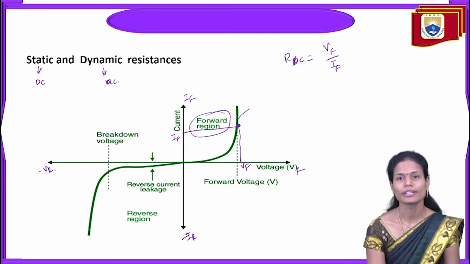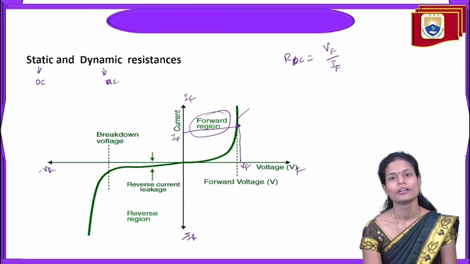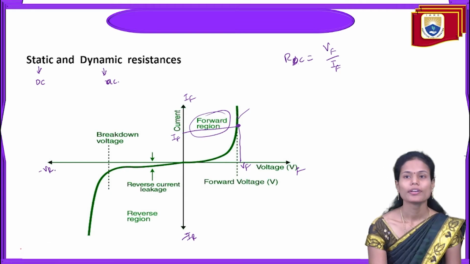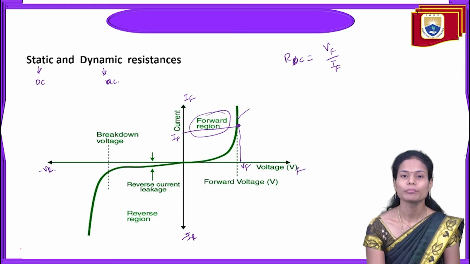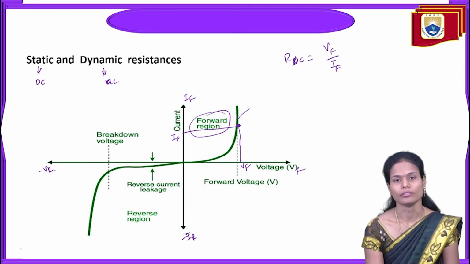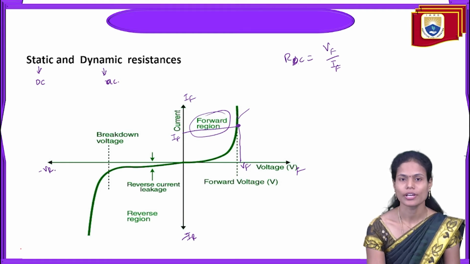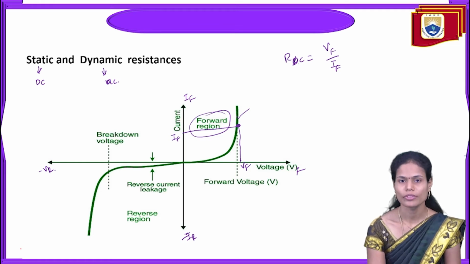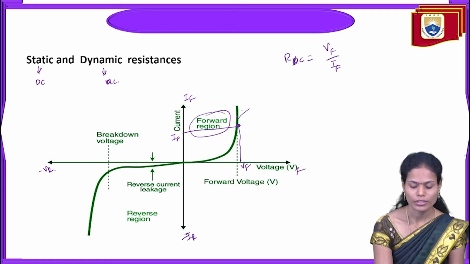And while coming to the dynamic resistance of the diode, to calculate the dynamic resistance, here we have to take a minimum of 2 points on the operating point of the forward characteristics of the diode. Why? Because the dynamic resistance will indicate the variation of the current with respect to the variation of the voltage. So for that purpose, I am taking 2 points here. So for these 2 points, how much